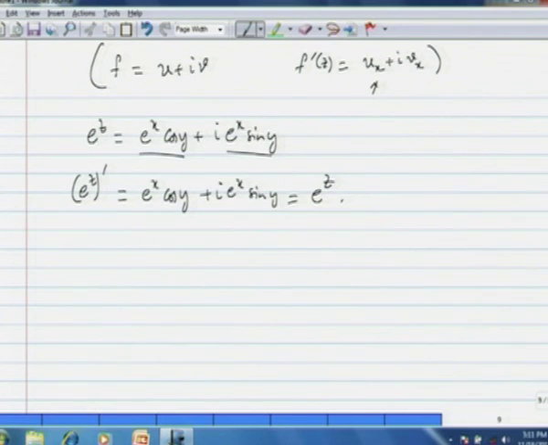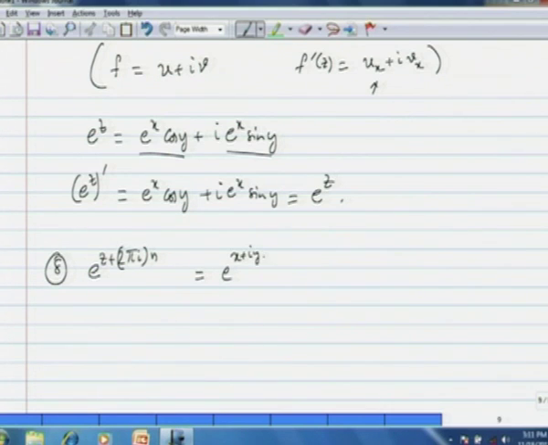Okay. So, e power z is differentiable at every point in the complex plane, and its derivative is itself. And of course, we can quickly observe that this is a periodic function with period 2 pi i. Okay. So, if you have 2 pi i times n,